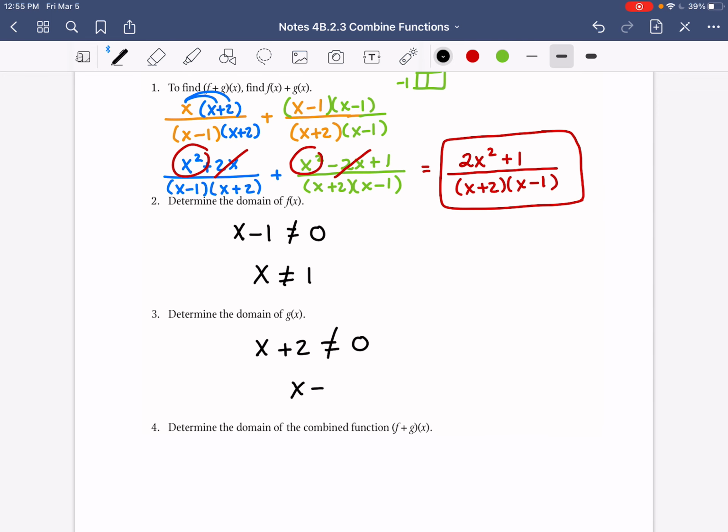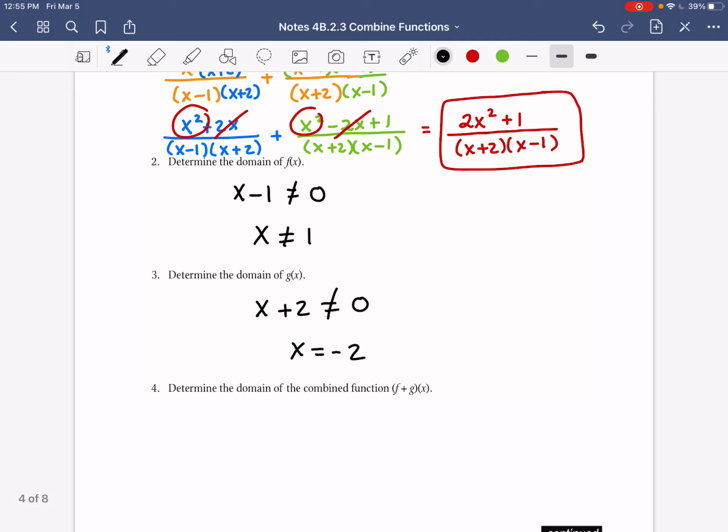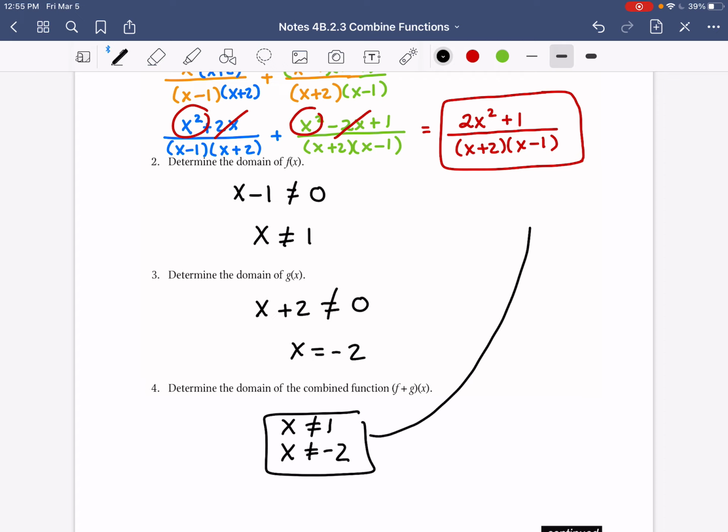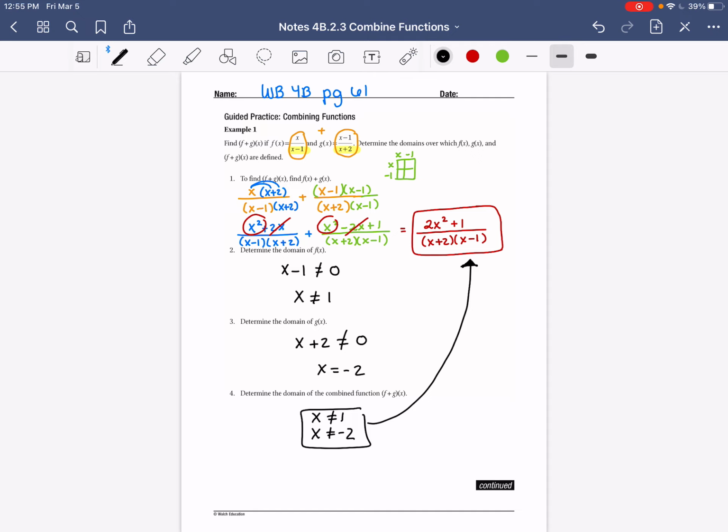So x cannot be equal to negative 2. When it says determine the domain of the combined function, it's just both of those. X can't be equal to 1, x can't be equal to negative 2. So that's the domain for this right here, just the excluded values, basically. We did that when we did